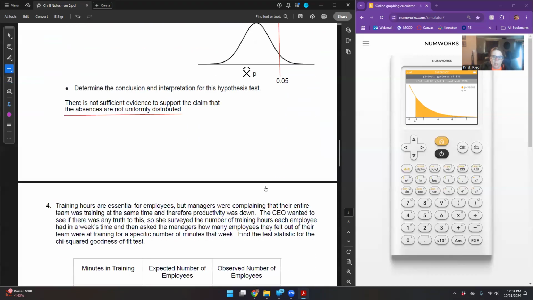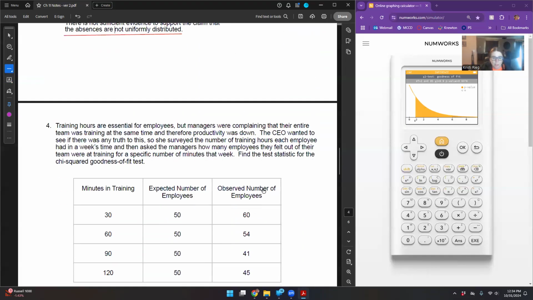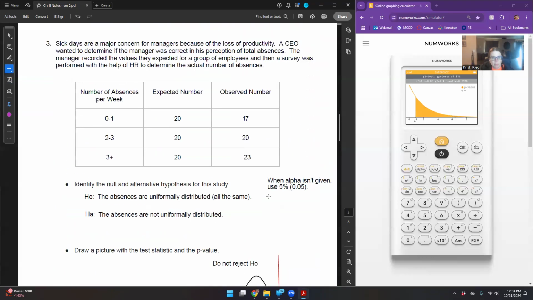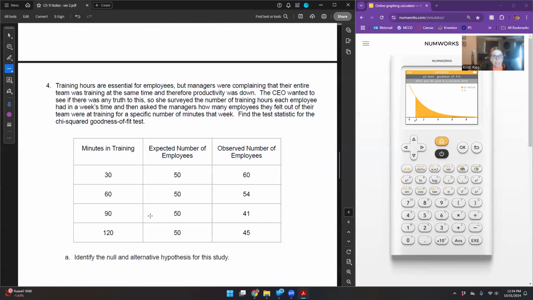So let's try this one more time. So it says training hours. Is this the same problem? Oh no, that's sick days. Okay. Training hours are essential for employees. Managers are complaining that the team was training too much, or I don't know. So the CEO wanted to see, and they surveyed the amount of training hours each employee had. So expect 50